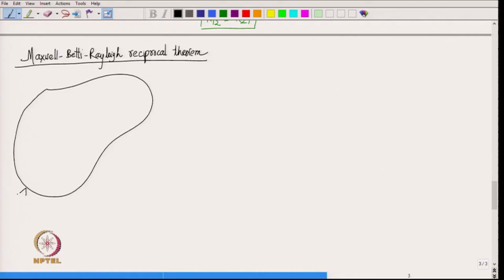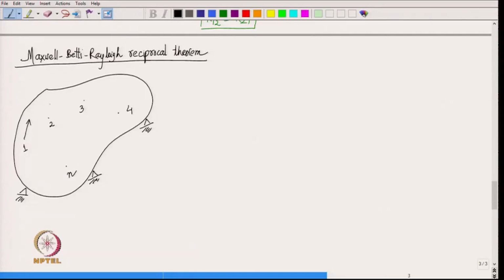All right. So, suppose that we have again our body which is clamped at some locations, and then we apply force at let us say n points in the body. So, we have n points, point 1, point 2, point 3, point 4 and then point n,